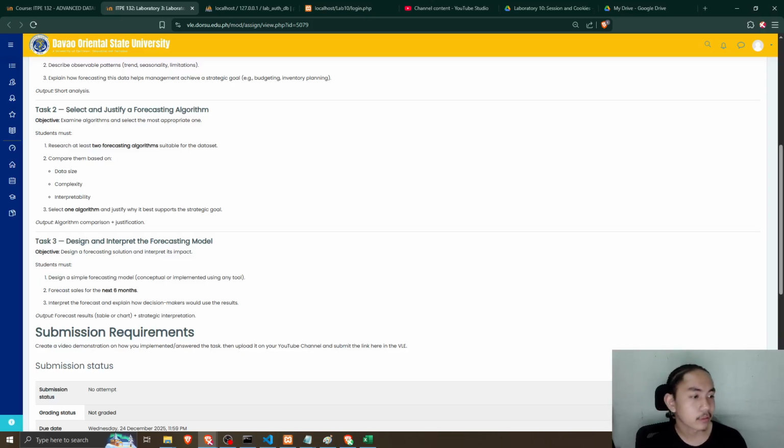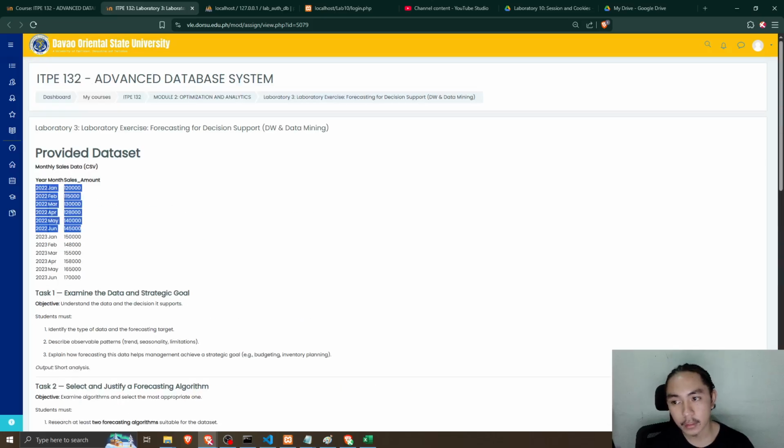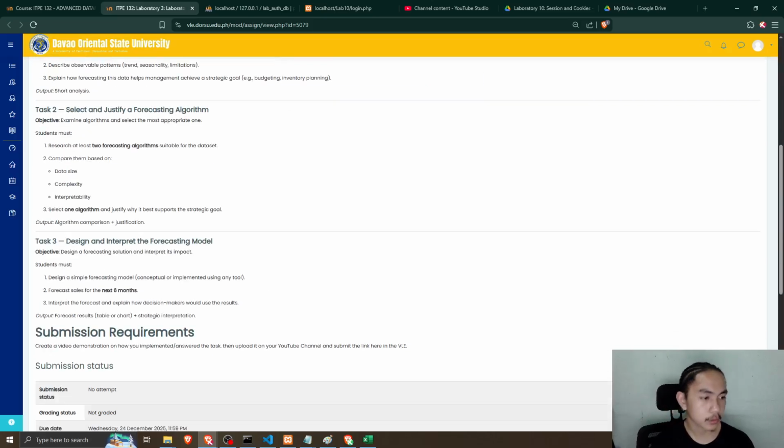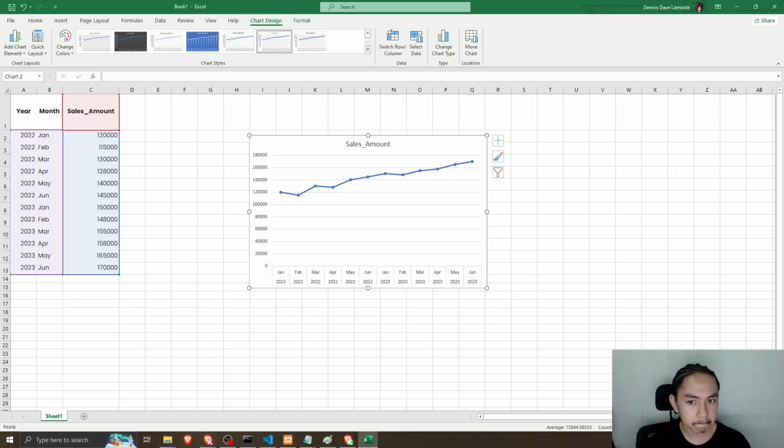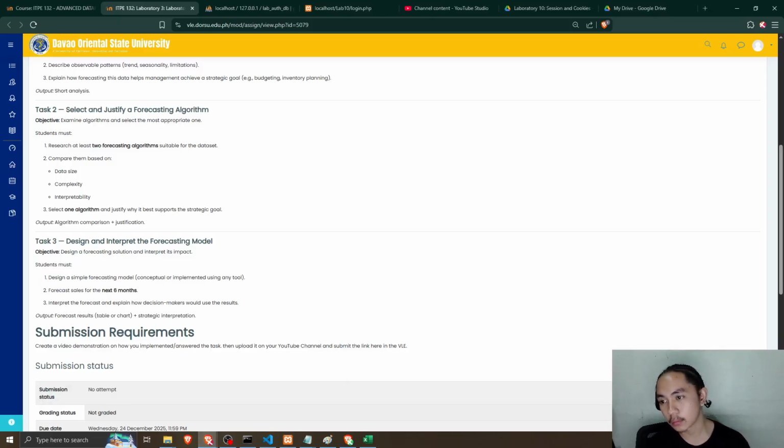The moving average is an easy method that just averages the recent months, good if we want something very simple. And the linear regression, or the linear trend, is also simple, and it fits well for this kind of data set. My chosen algorithm for this one will be the linear trend, since the data is showing a clear increasing trend, and it's time series data, so it fits the linear trend best. That's the reason why I chose that algorithm.